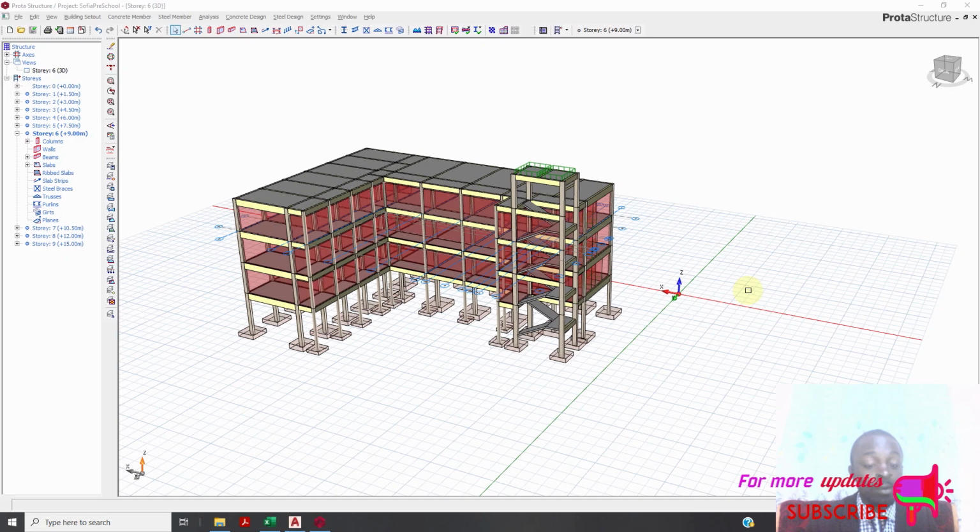This is a common mistake which leads to what we call over design, and most people will claim that these softwares over design. But as an engineer, you're the one who should understand how the building behaves. You should be able to use these softwares properly to avoid these mistakes, which will lead to over design, and your drawing may not be approved, which will lead to